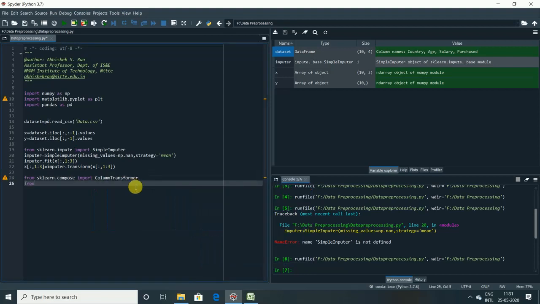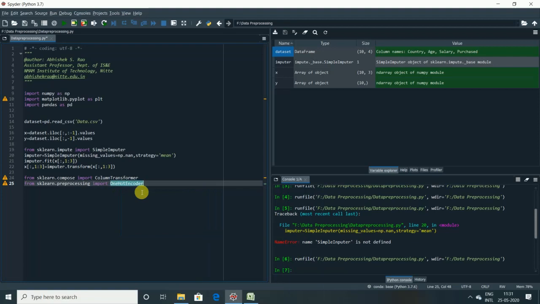And from sklearn.preprocessing we have to import the OneHotEncoder class.